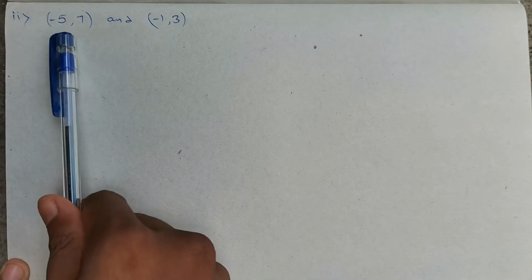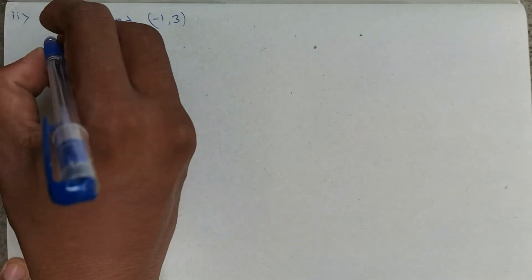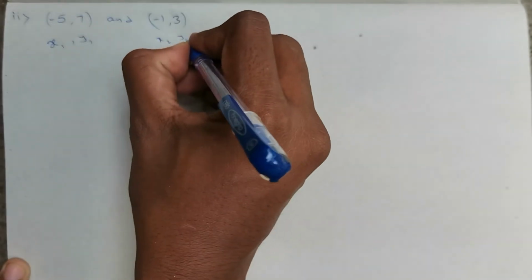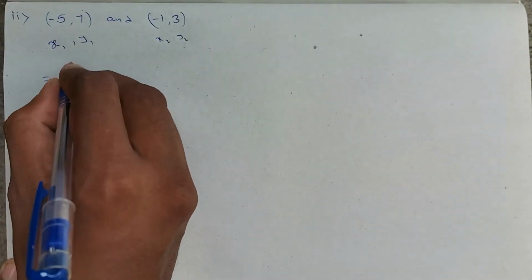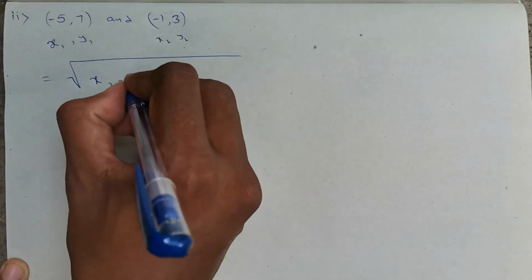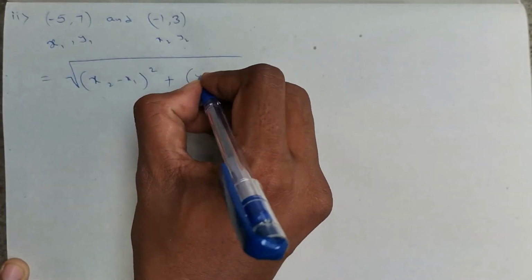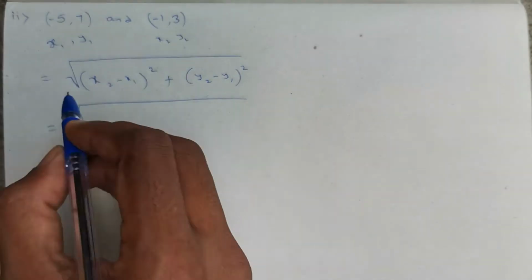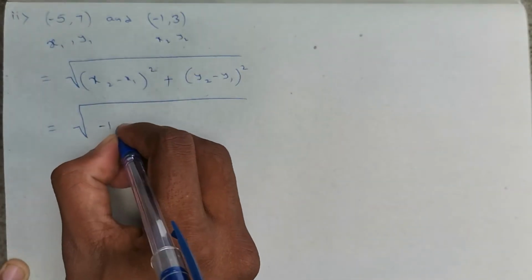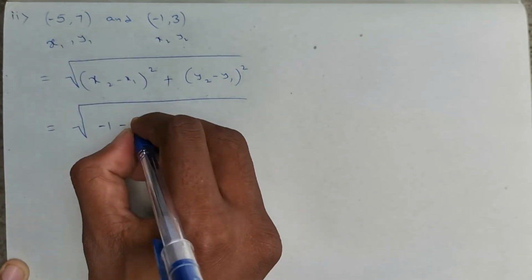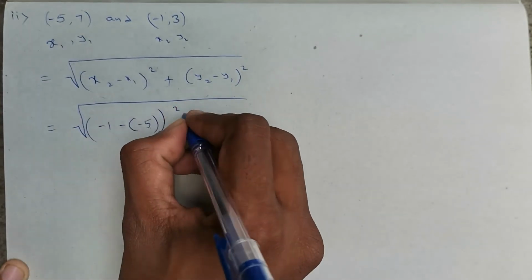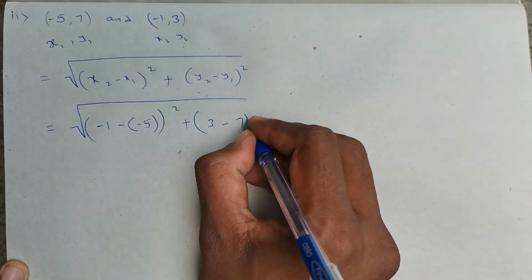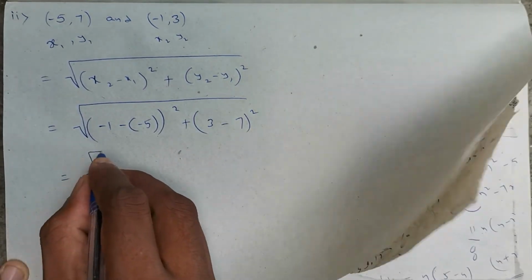Distance between (minus 5, 7) and (minus 1, 3). This first point I am taking as coordinates x1, y1 and this as x2, y2. So let us substitute in the formula. Under root (x2 minus x1) whole square plus (y2 minus y1) whole square, which is equal to under root, here x2 is minus 1 minus x1 is minus 5 whole square plus y2 is 3 minus y1 is 7 whole square, which is equal to under root